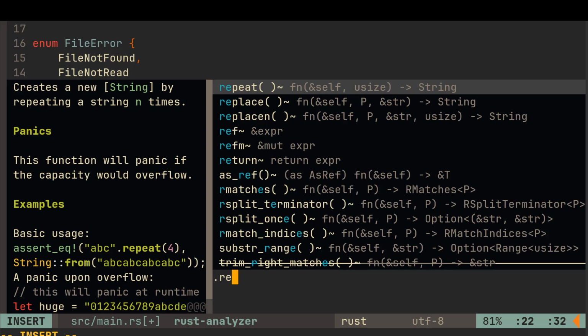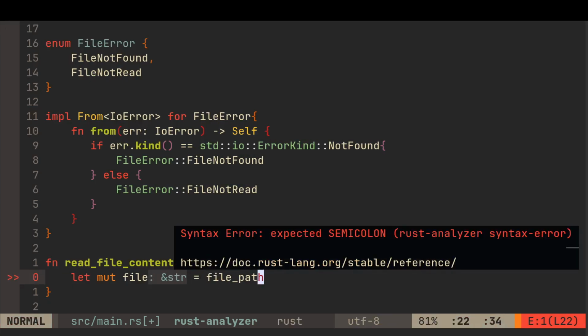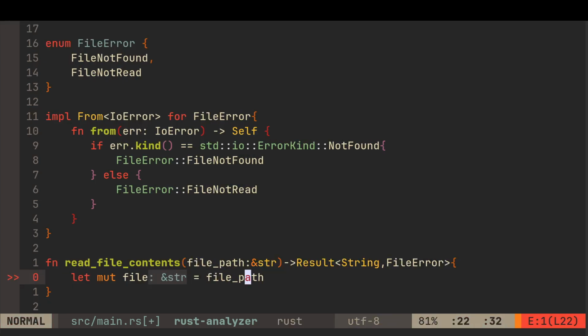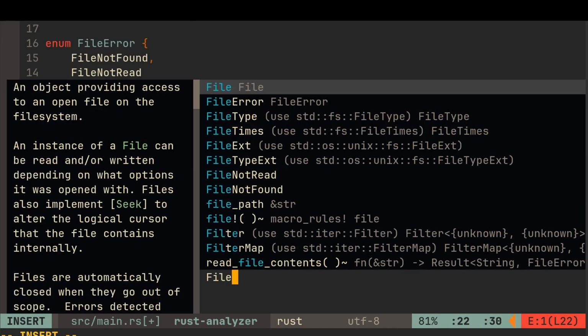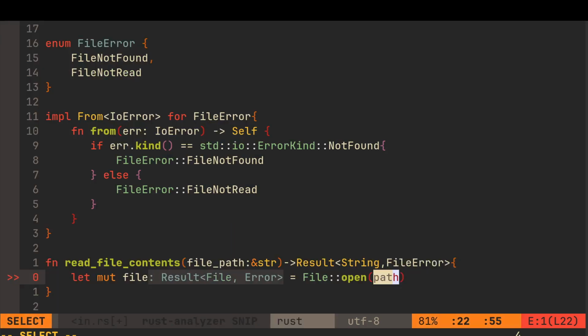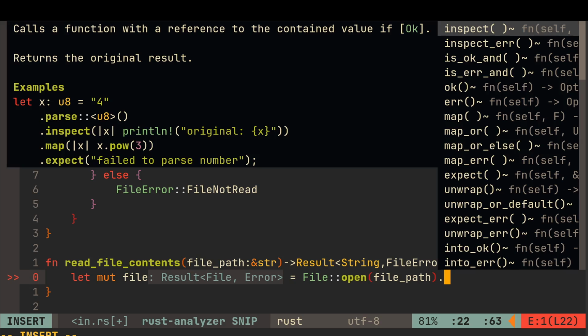What are we doing here? We need to, no, we need to create a new. We need to open the file. So File open file path. So we need to open that file, and then we also,